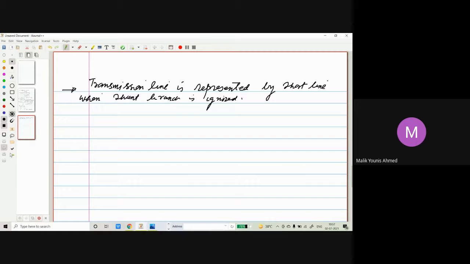When you do not include the shunt branch, then you always know the transmission line will be called a short transmission line. So what will determine the